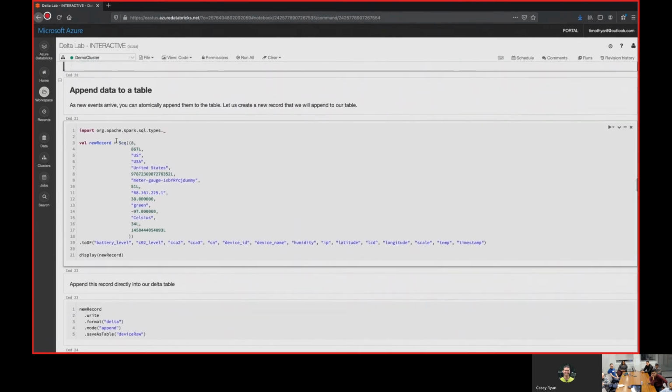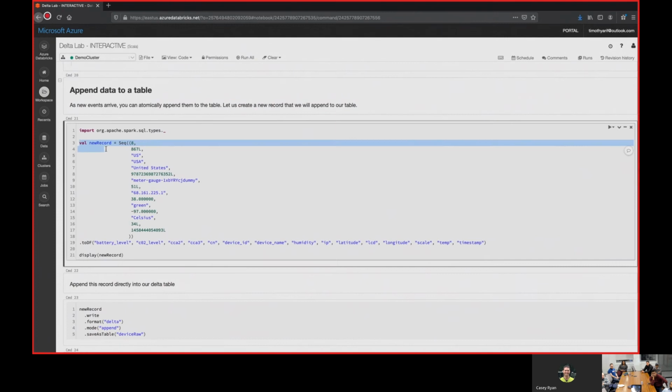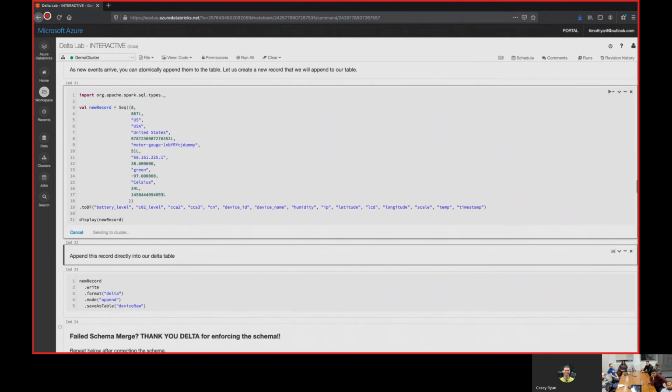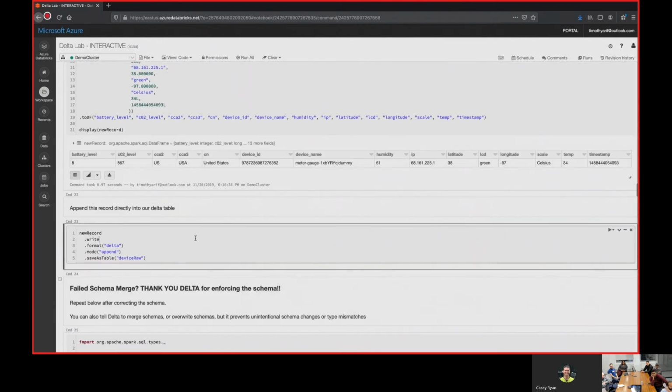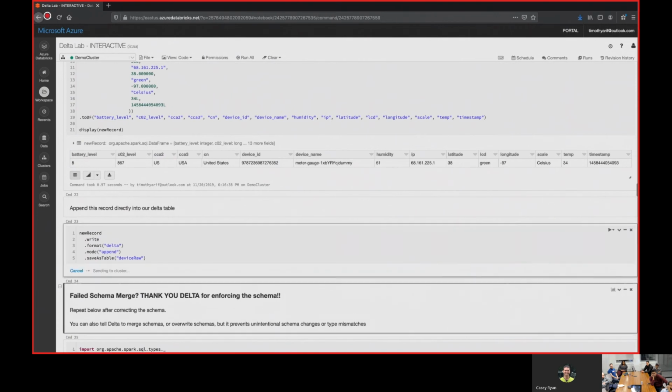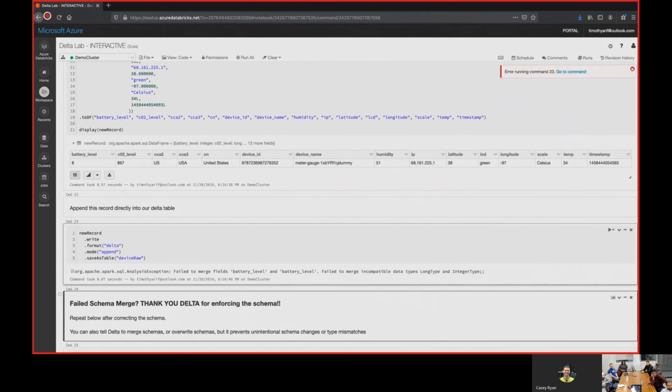So now with the fact that it's Delta, we can now append records to it. Here we just have a quick sequential JSON that we're going to append. We're going to write it out, convert it to a data frame, and then start to append it. This will be the initial generation of the record. All we do is write format Delta, append, and then you save the table back as is.